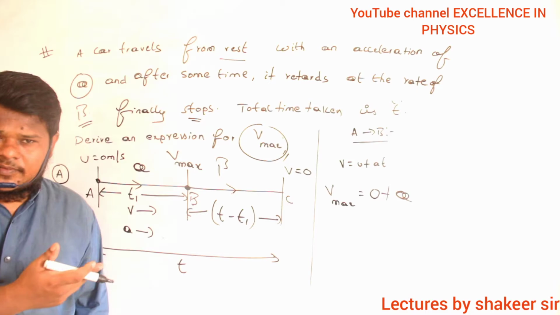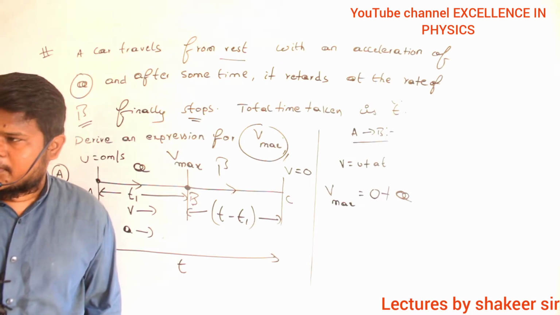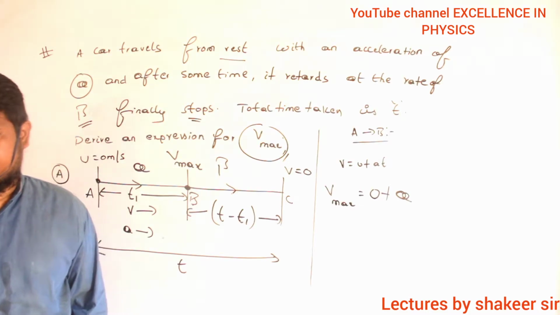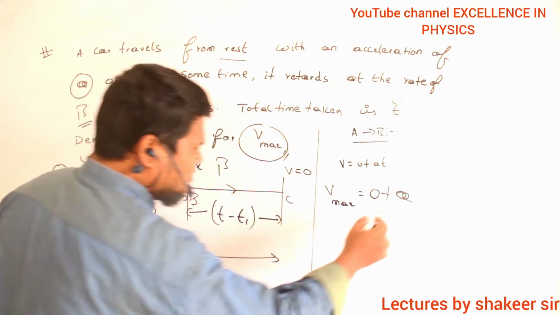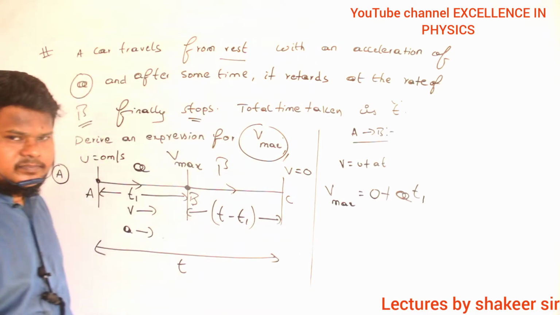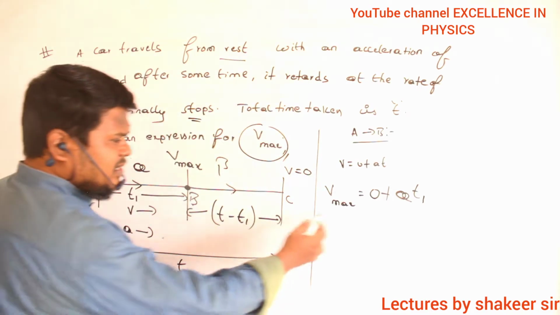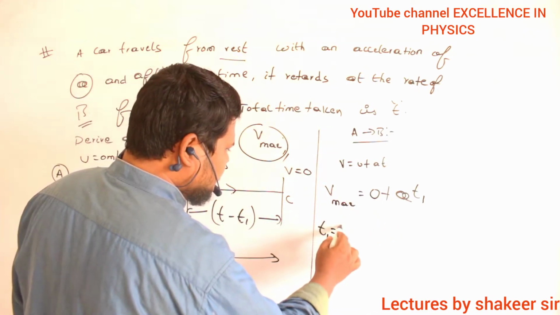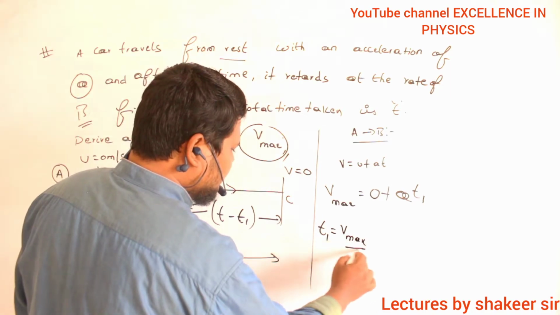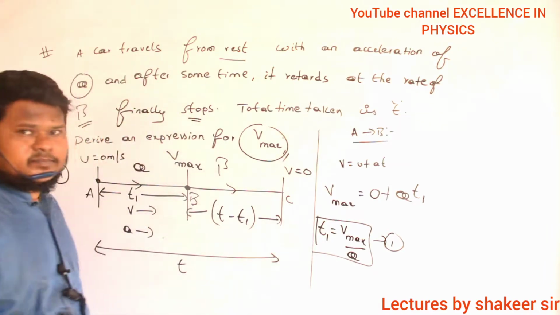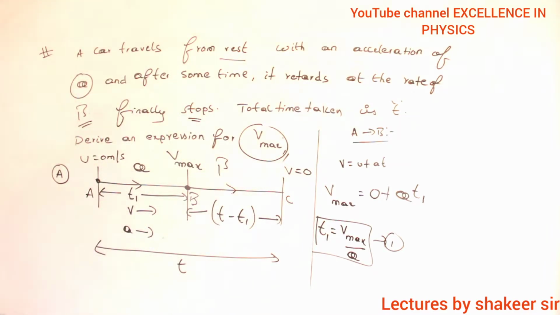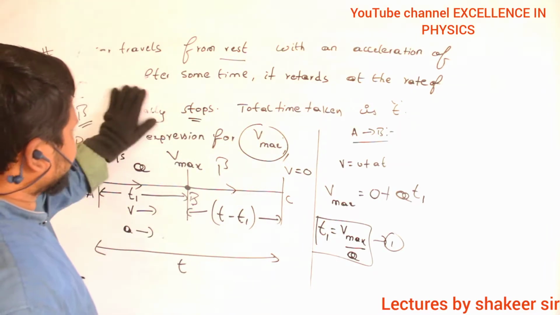That's the equation which we have written, ma. The number of unknown quantities and the number of equations should be equal. Fine? Okay. Now see. The time taken is t1 in the first condition. From here I calculated the t1 value, no? So t1 is how much? V max divided by alpha. Let it be my equation number 1. Is it clear? Now I will write the equation for the second condition.